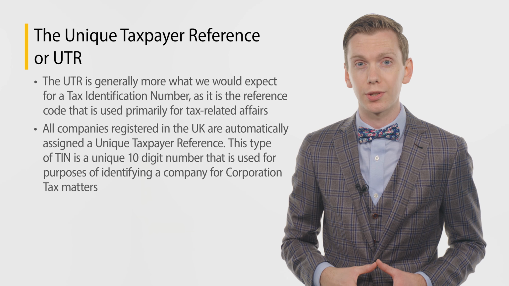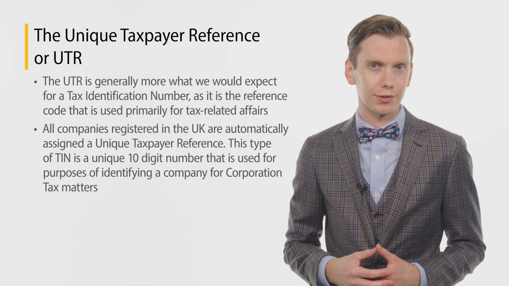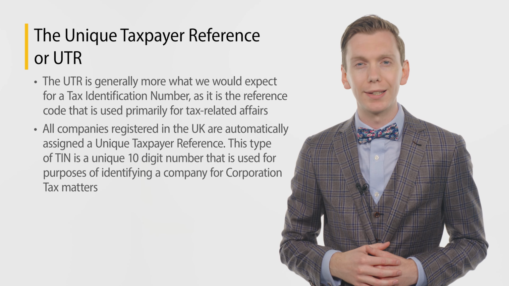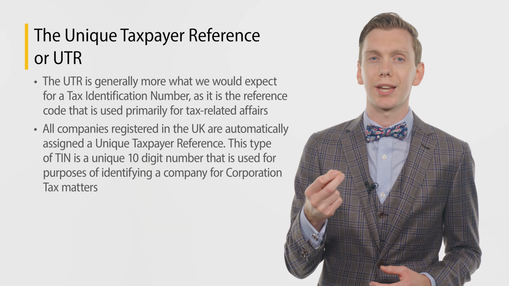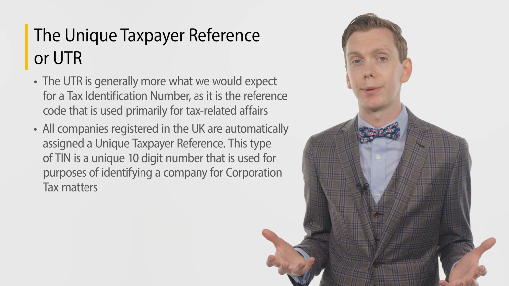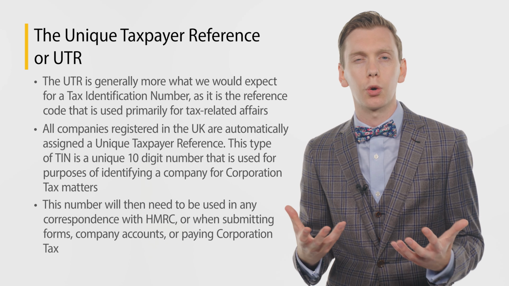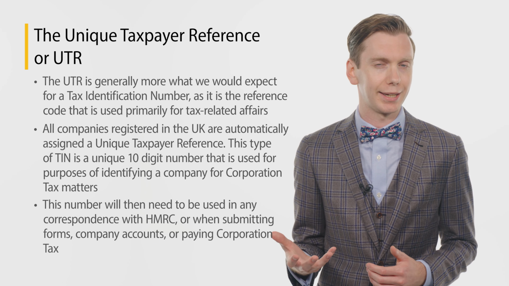All companies registered in the UK are automatically assigned a unique taxpayer reference. This type of TIN is a unique 10-digit number that is used for the purposes of identifying a company for corporation tax matters. HMRC will issue a unique taxpayer reference once a limited company has been formed. This number will then need to be used in any correspondence with HMRC or when submitting forms, company accounts, or